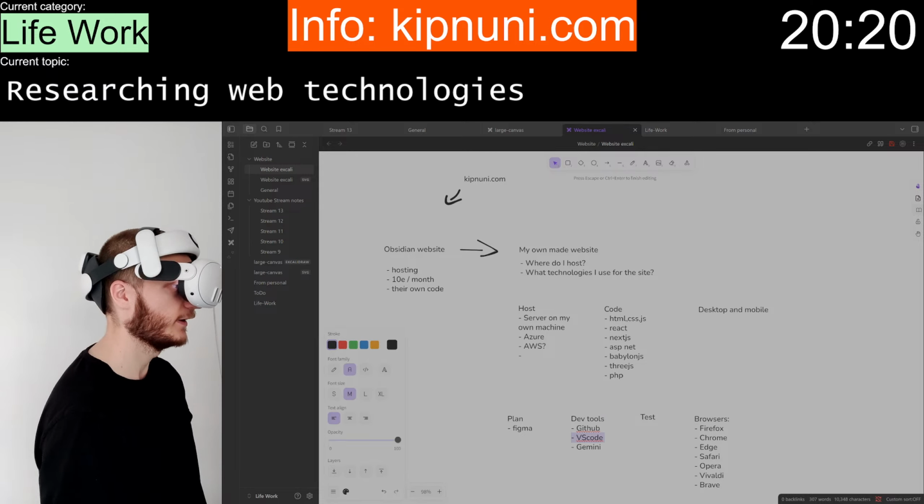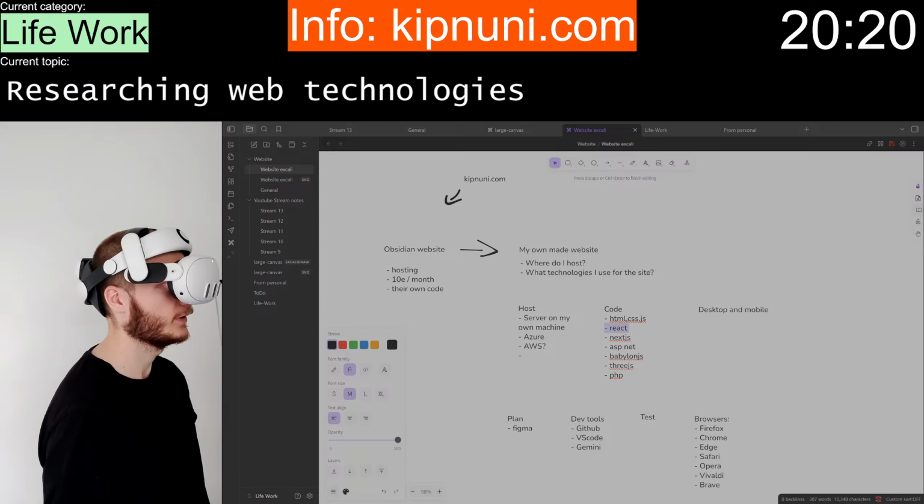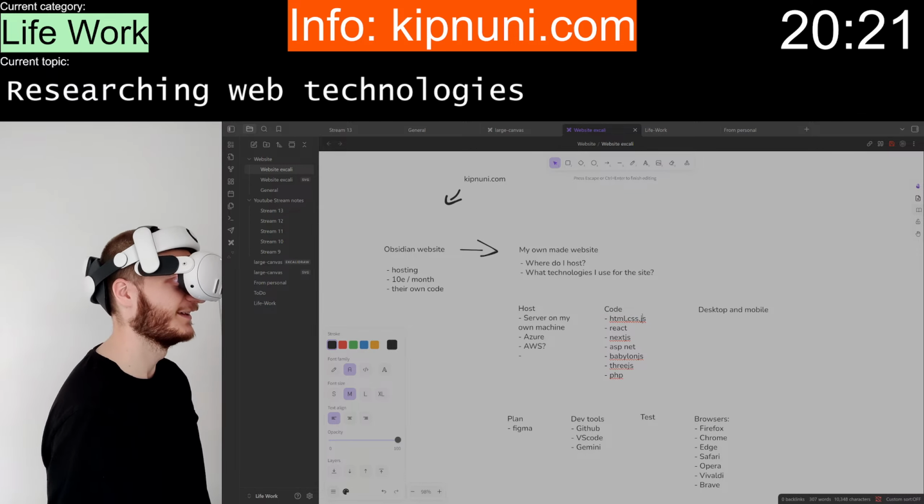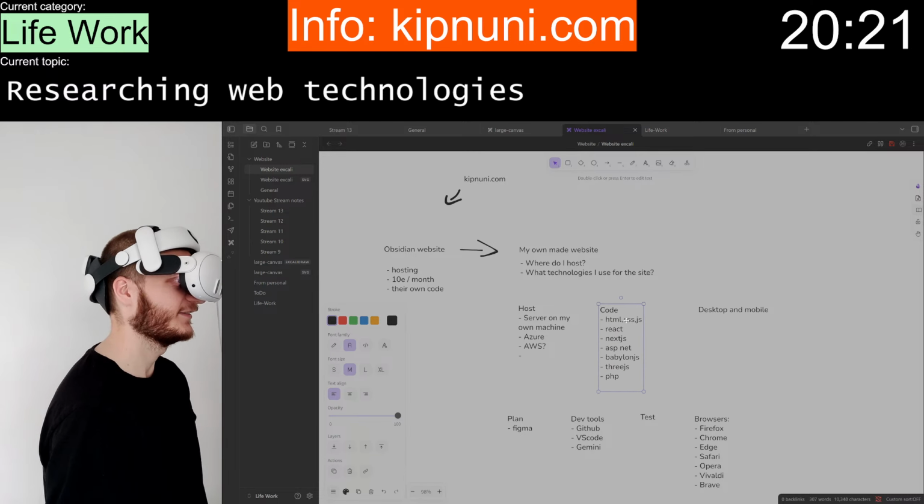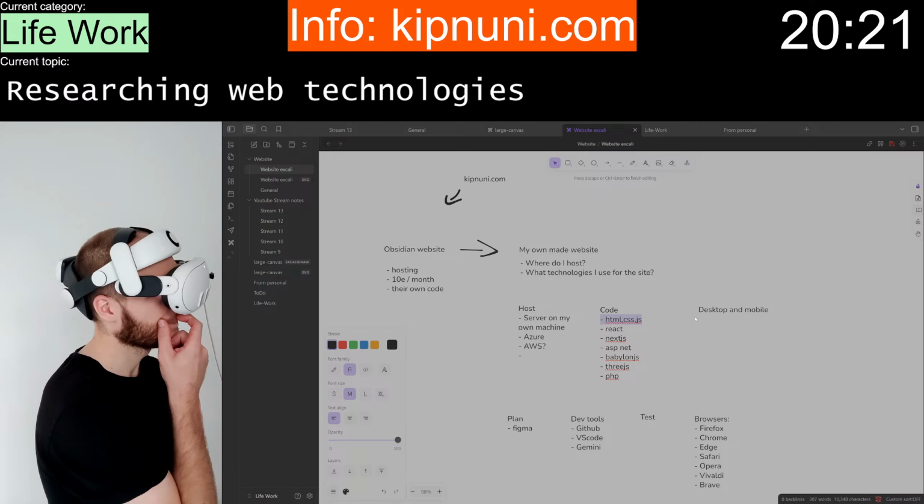These already I can use. But yeah, the technology, what is the library? I can't select this. There's just too much to code.